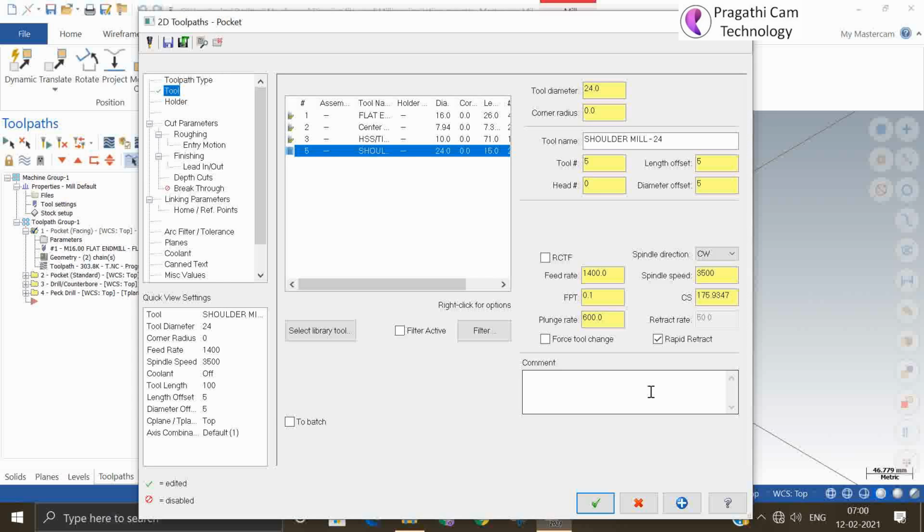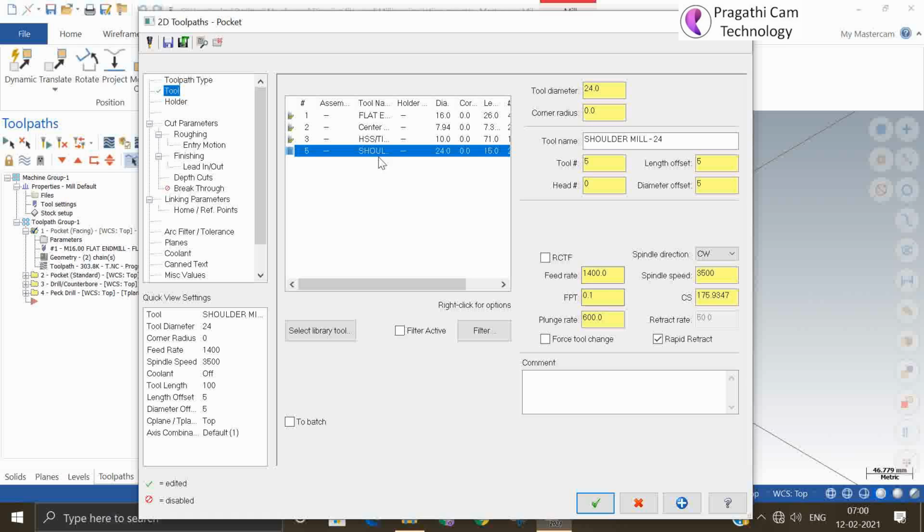So this shoulder tool 25 is now saved in the test one library. It's not big work, it is very simple work. You can edit and put all the feed rate and spindle speed, customize like this and save it in the library.